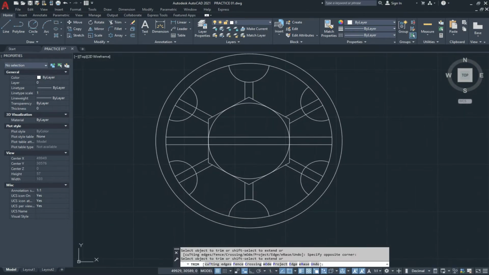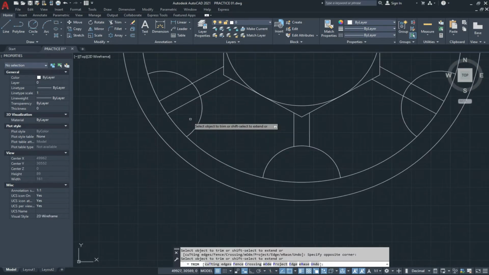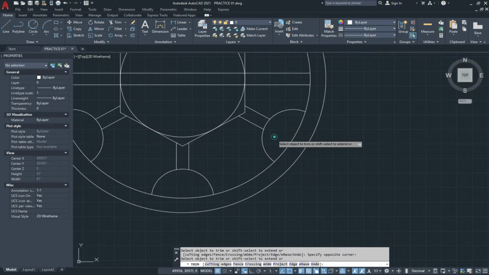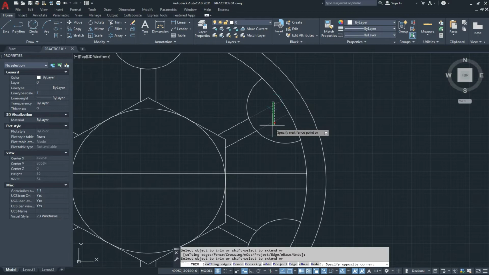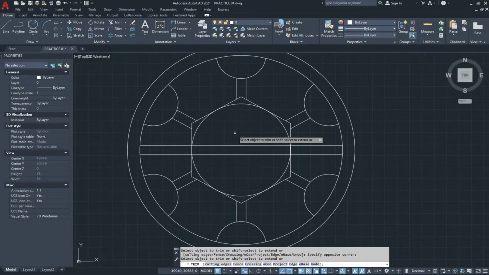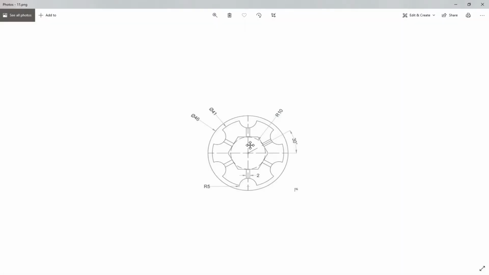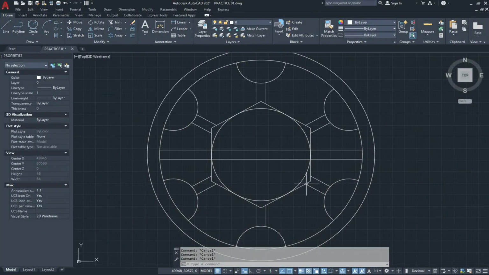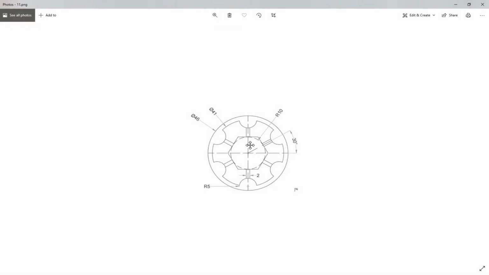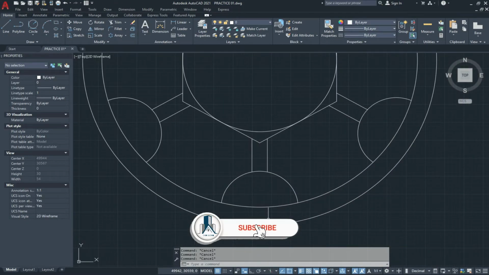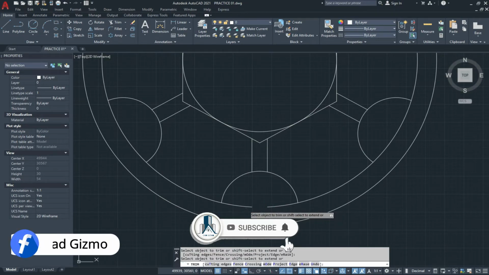and trim this. Like this. Trim the inner circle.